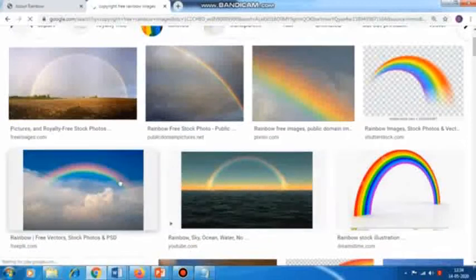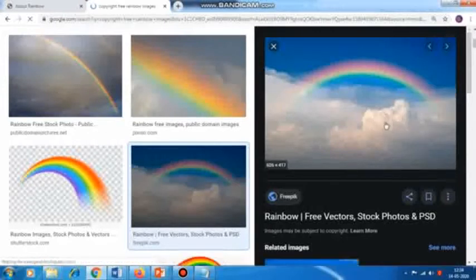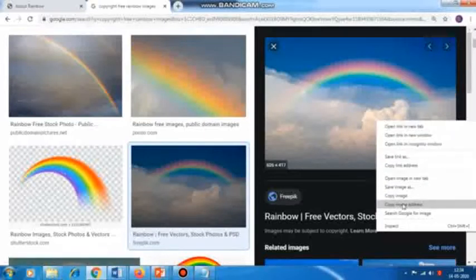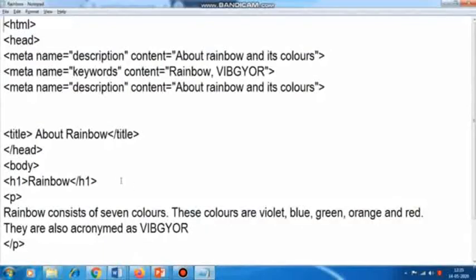Now for example, I want to insert this image. Then I click on that image, let it get loaded here, then right click, and then next is to copy the image address, say like this way. Copied. Fine. Now I will go to Notepad, and